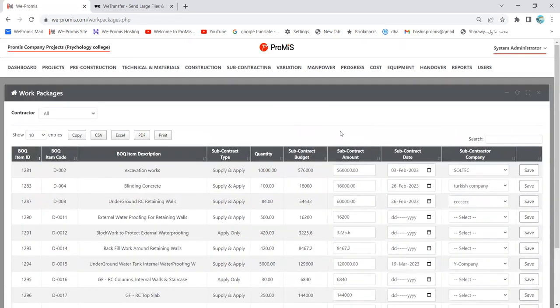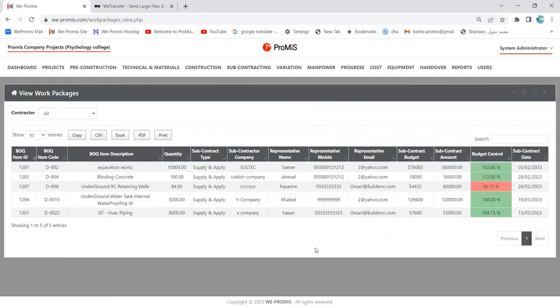Okay, finish. If we look at this, look at that, Y Company. This row, 1294, underground water tank, internal. So it's telling me that the budget was 129,600, while the actual contract amount is 120,000,